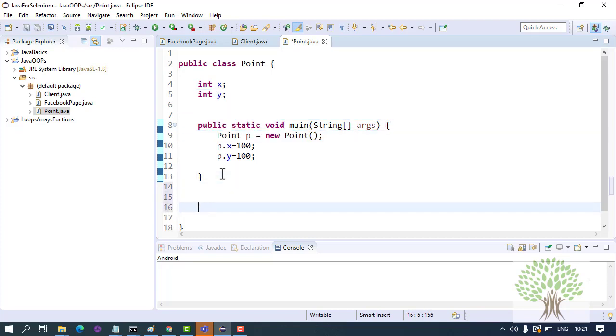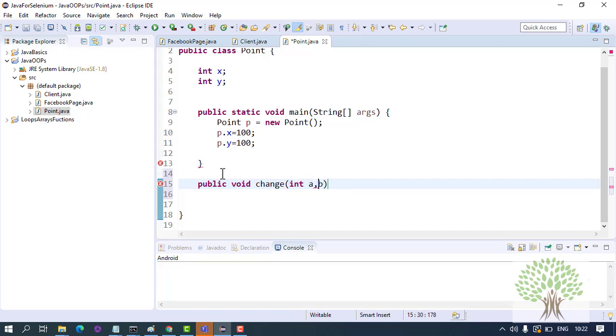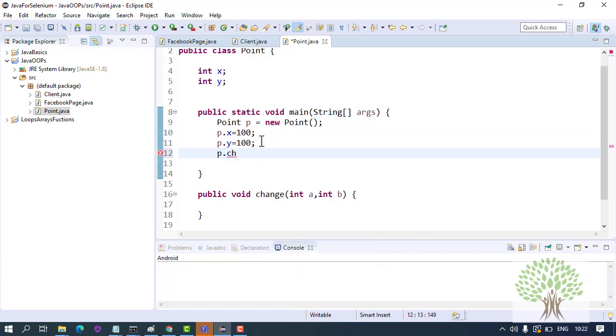Alright, suppose I make a function known as public void change, in which I will send two new coordinates a and b, and I can call this function like p.change(200, 300).